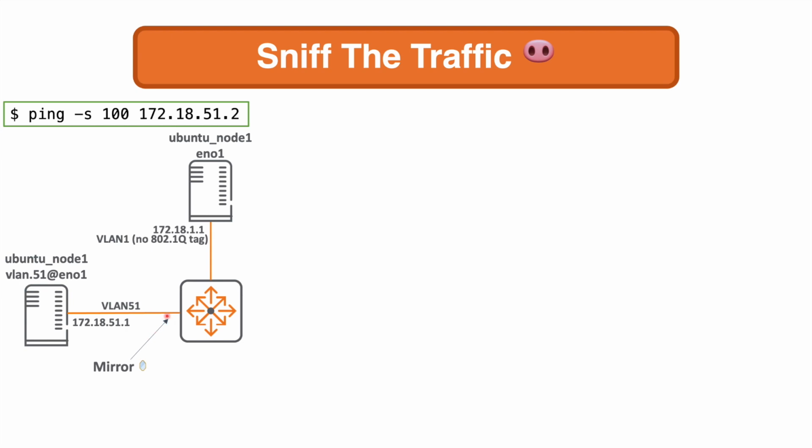So I'm mirroring this port where the traffic is coming in and leaving with the 802.1q tag of VLAN 51, and I've increased the size of the ping again to 100 bytes. As you can see, I'm pinging 172.18.51.2, which is the other Ubuntu server, Ubuntu 2, which is also in VLAN 51 on the other side